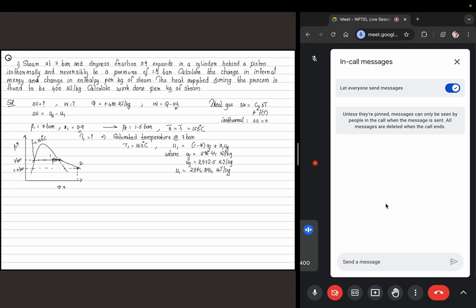How do you go about doing that? Basically you calculate CV. So if you know the value of u at this particular point, so let's call this point 2g. So you know that u2 minus